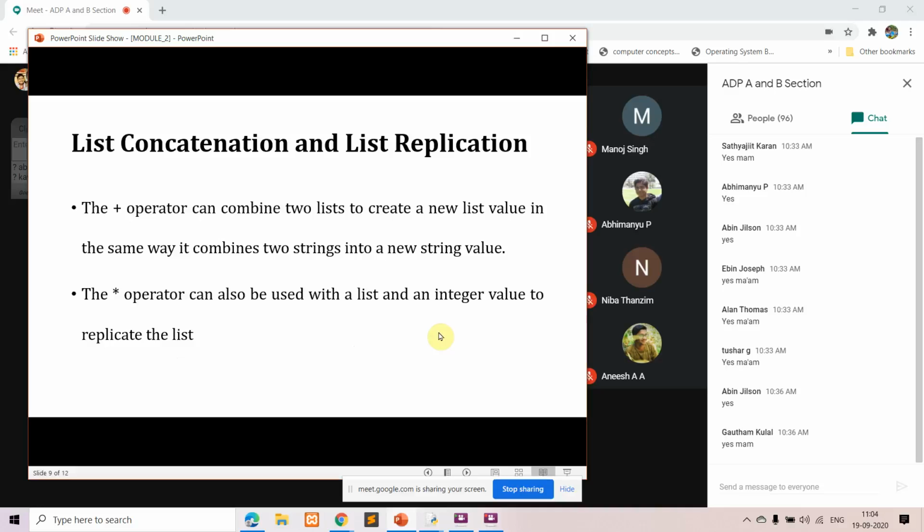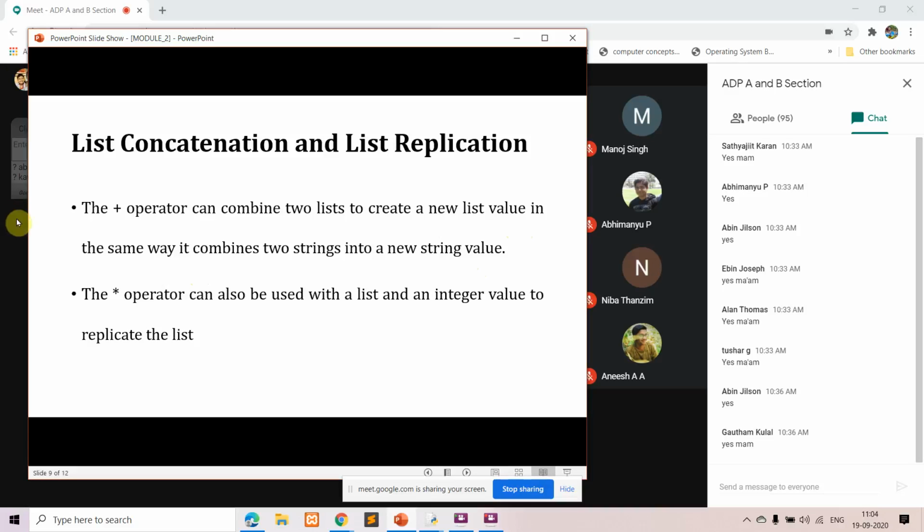List concatenation and list replication. We have already learned about concatenation and replication in the previous module. So the same thing once again we'll see. Plus operator can be used to combine two lists to create a new list value, the same way it combines two strings. In the previous module we had seen how the plus operator can be used to combine or concatenate two strings.